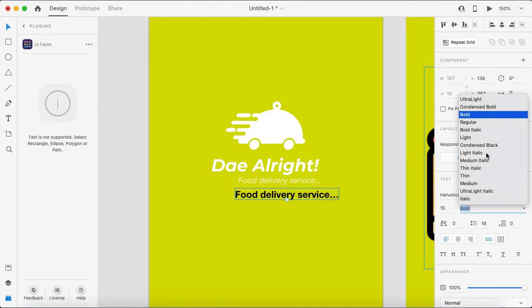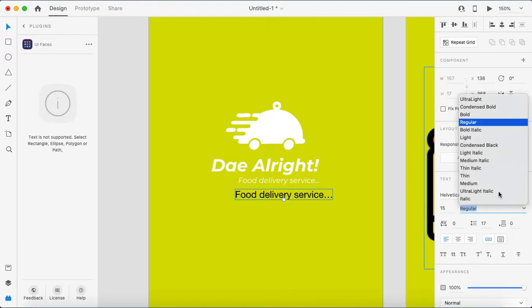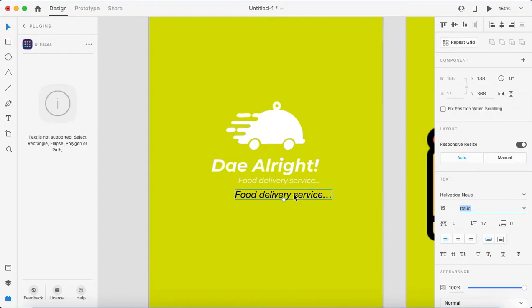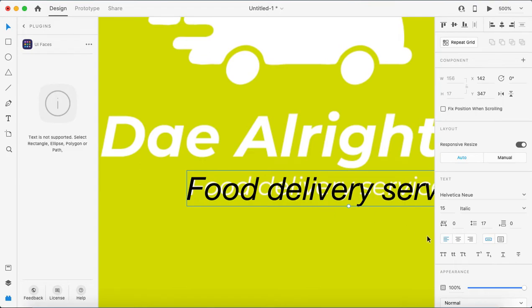Instead of bold, we'll make it regular. And it's italic font, so we'll make it italic. Okay, control plus plus plus, so it zooms, and we can see how small a size we want to make it.